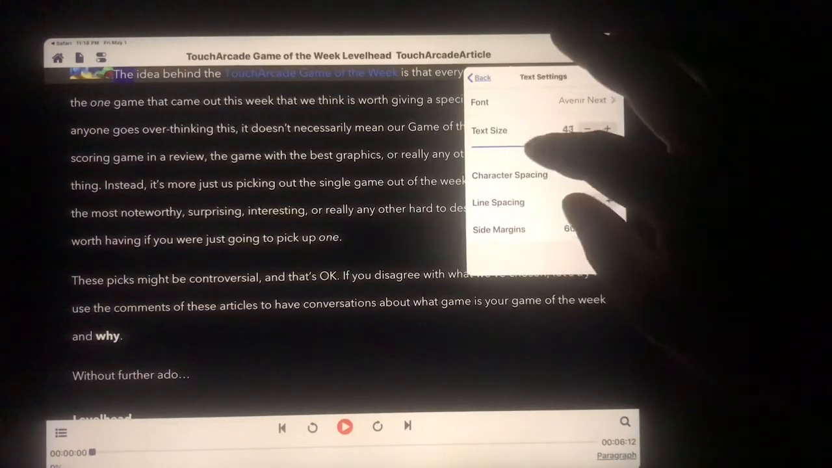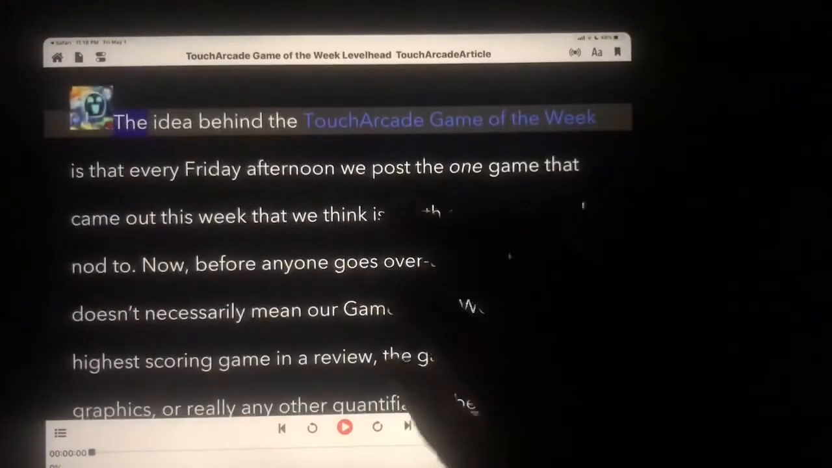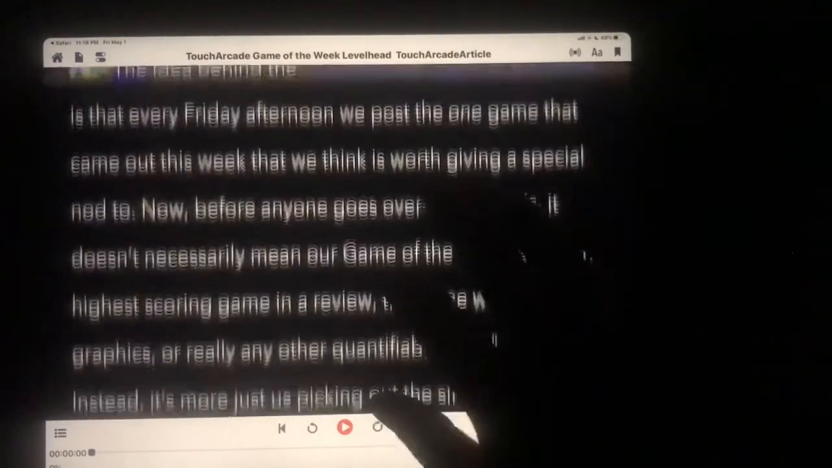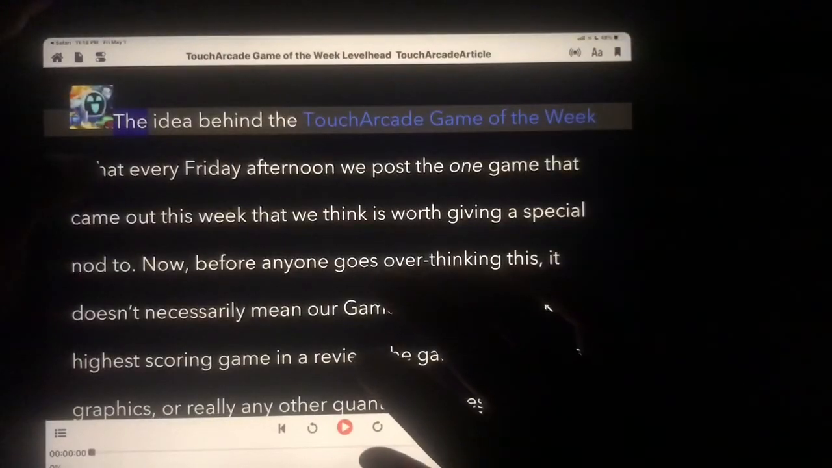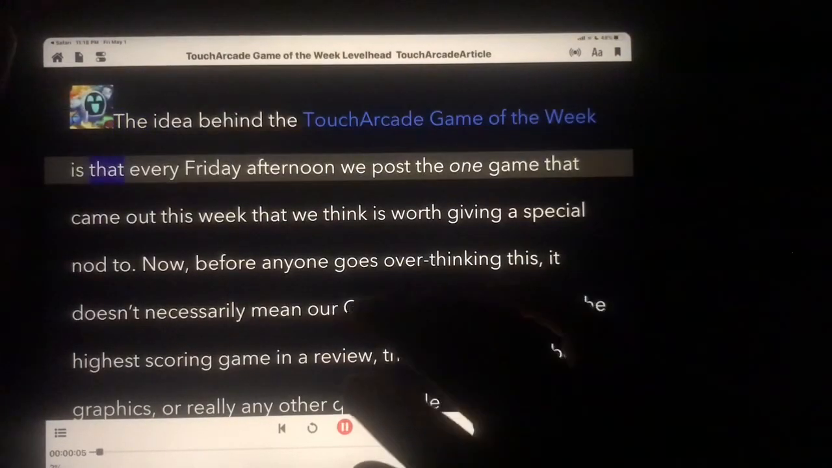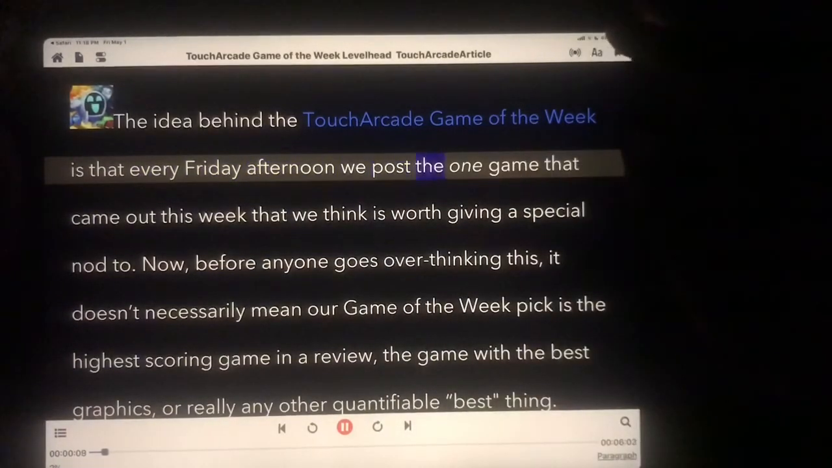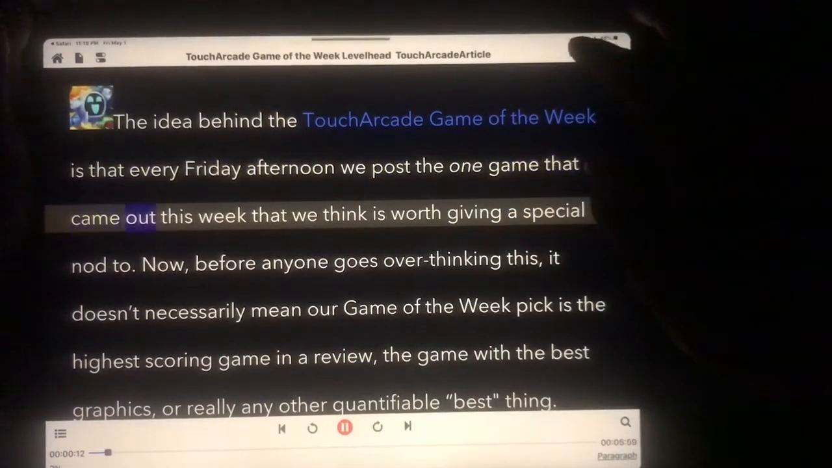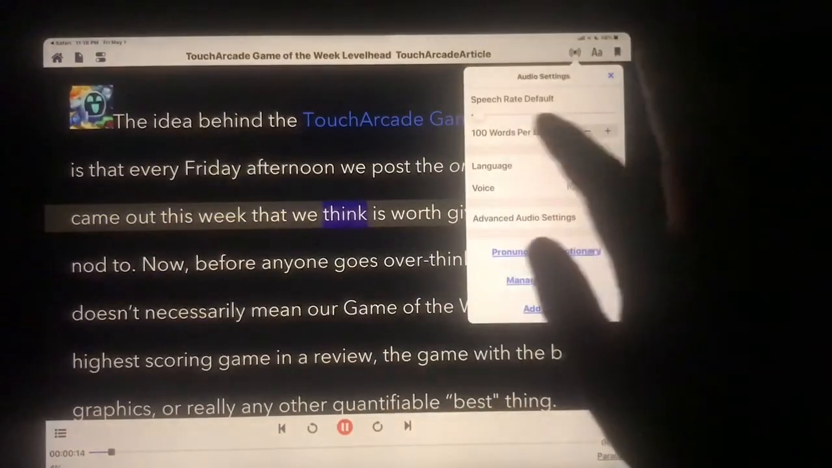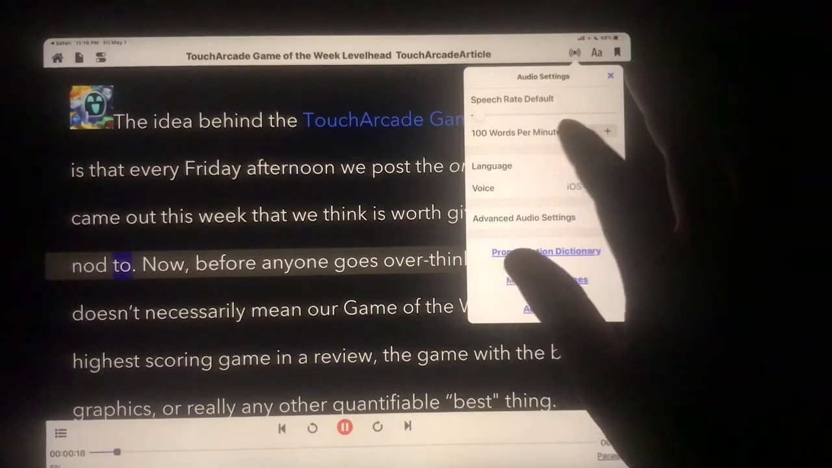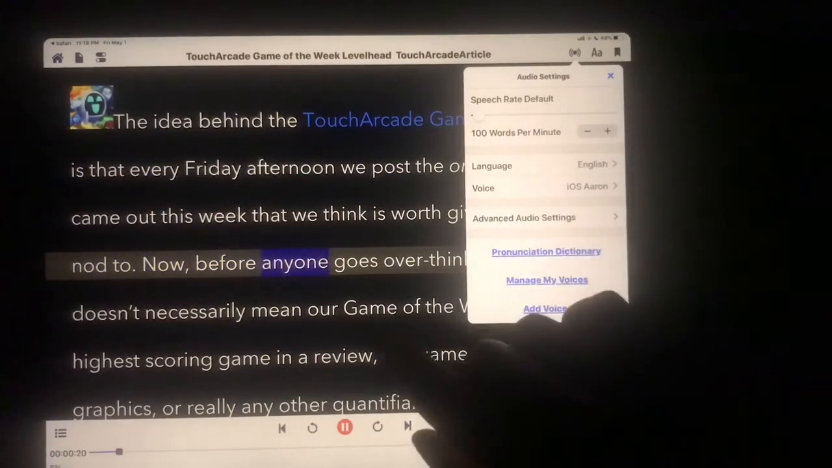You can even change the font. But what it basically does is read it out to you. Now, wherever you tap, it'll start reading from there. So let's double tap over here. Okay. So right now it's reading it out to you. Let's lower the volume, and it'll have the options over here of the audio. If you want to change the speed, you want to change the voice,